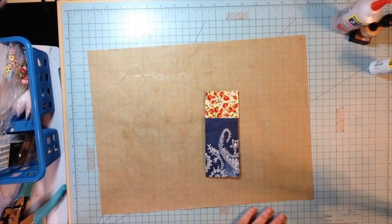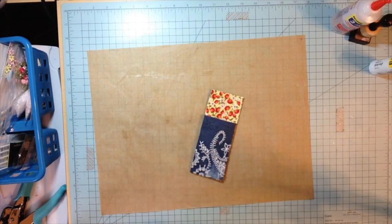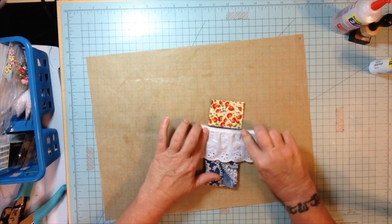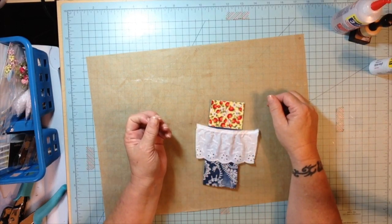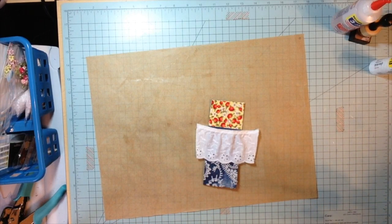Let's see if I can find some eyelet lace or a little something to decorate that little edge there. I think I want something lacy. So, let's see. Oh, nice little piece here. That'll be nice. Right there. What do you think? There. And I want to put something up at the top. What to do, what to do. Okay. Do I want...